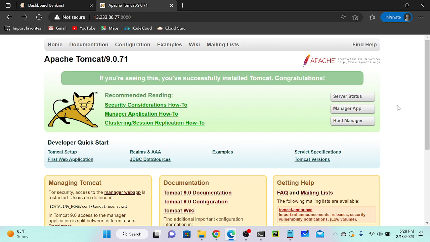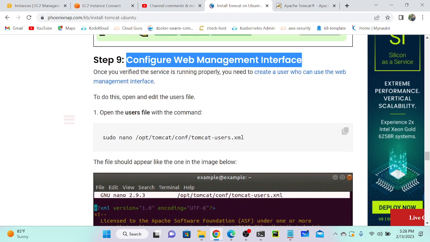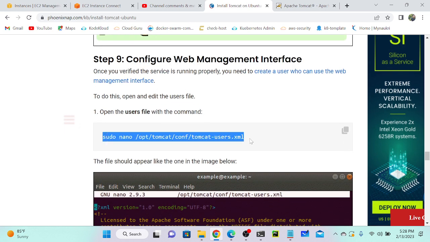Okay. So what I will do, I will create a user, then I will add that user into Tomcat. So whenever you want to deploy any war or jar file, you don't need to log in through SSH. You can use host manager or manager app. Okay, so for that, I'll go to this link again, and first we have to go to this particular file,